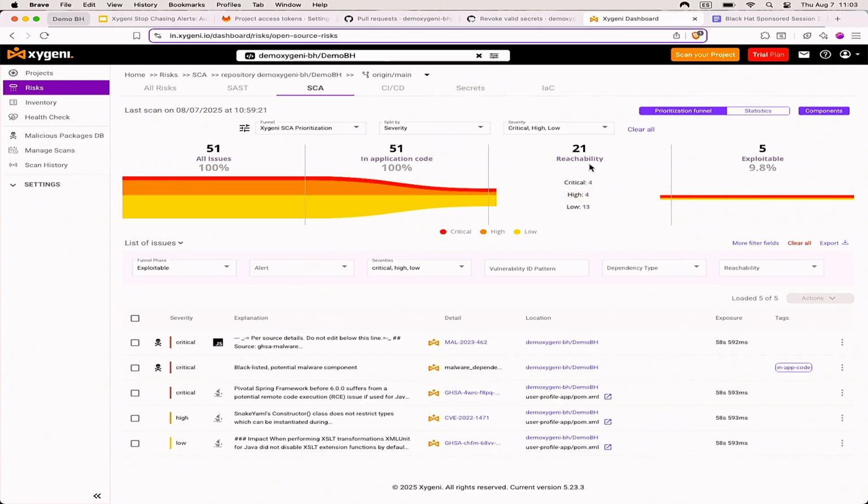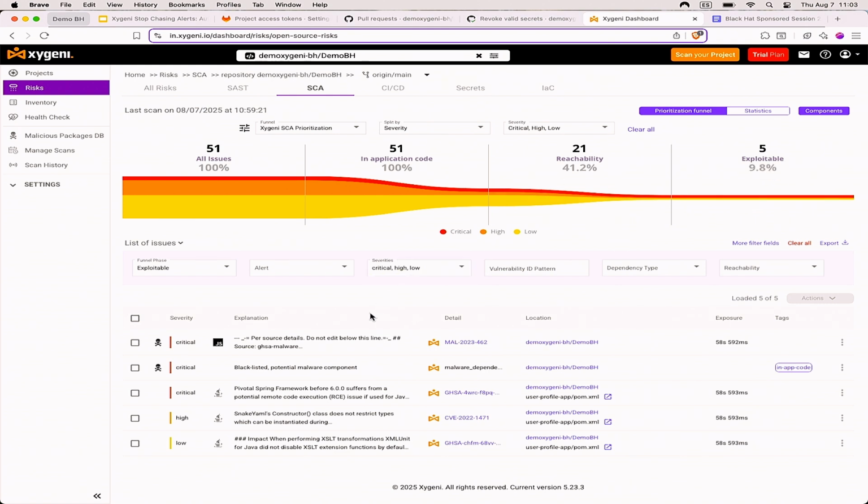The next step is, okay, could be a number quite high in some cases, so the focus is the exploitable ones. The exploitable ones are the set of vulnerabilities that are the focus of the attackers because they are focusing on things that are easy to exploit. Okay, so these are the urgent things to solve.